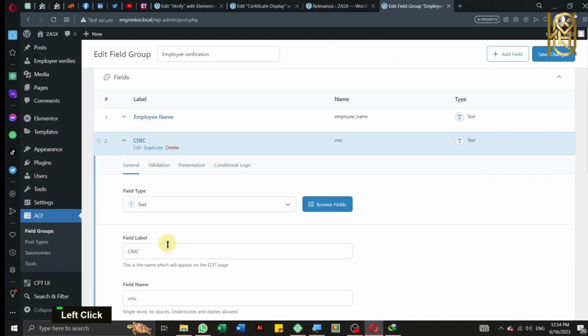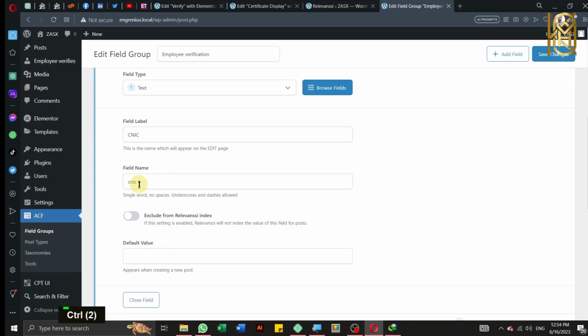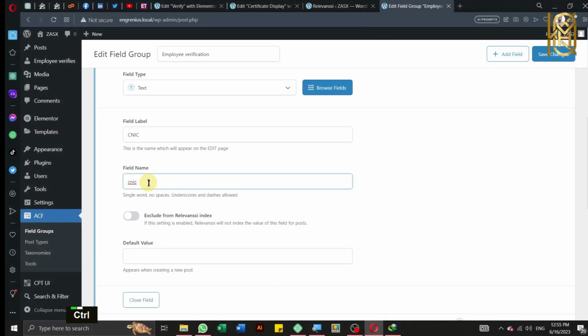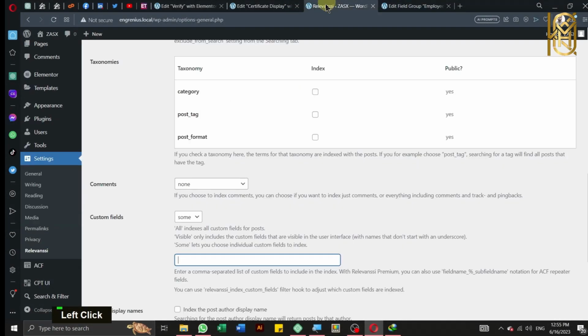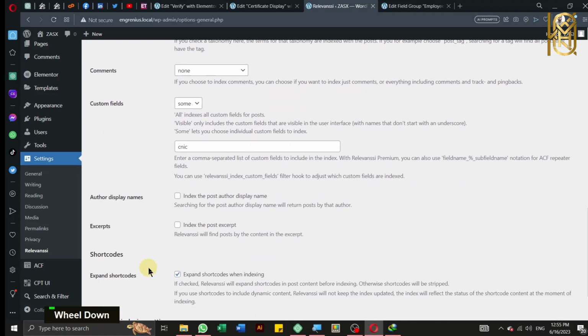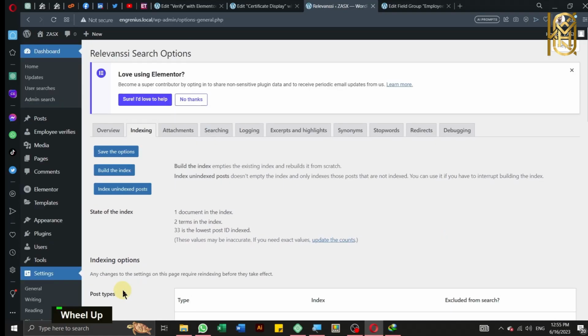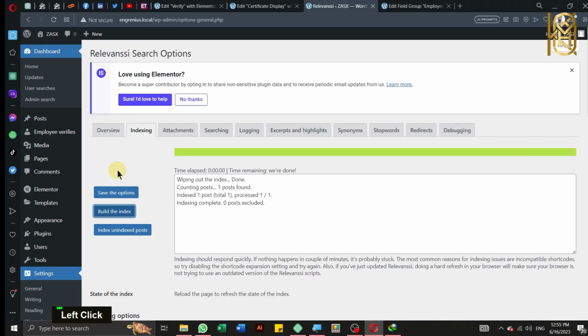So I'll just copy it. Here in my case it is simply CNIC, but in case you write any two or three word label, please make sure to copy it as it is and do not include spaces, because the field label will include only the underscores or the hyphens or dashes. So I'll just rebuild the index and save it. And here